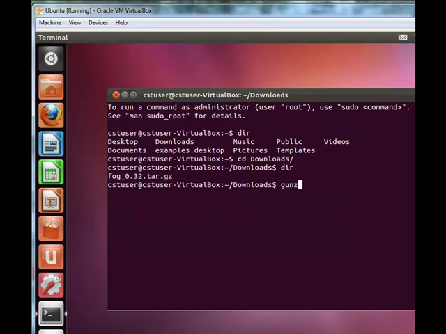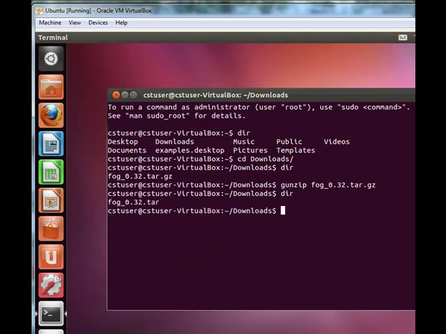So I'm going to unzip the tarball, which is like this. I'm going to type in FO and then hit tab. There, I'll take off the GZ by doing that. It's a manual command. Give a dir, and you notice that it only has tar extension on it now, where it had GZ before. Now I'm going to type in